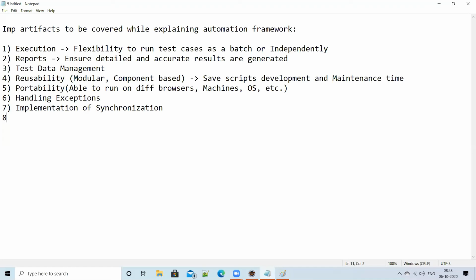And the next one is avoid dependency. That's where you are using pom.xml to load the dependencies dynamically, right? So there is no dependency.